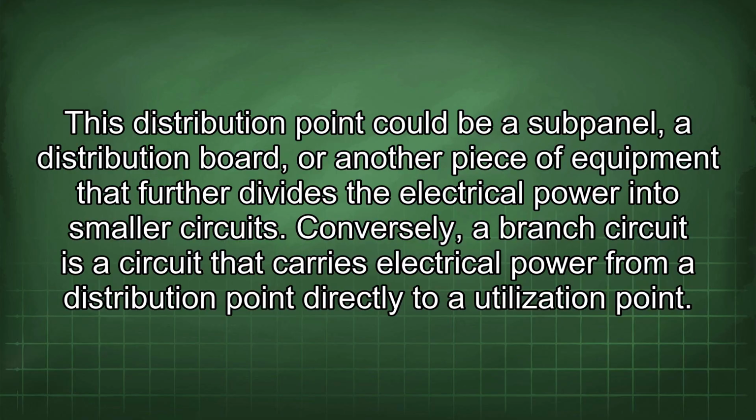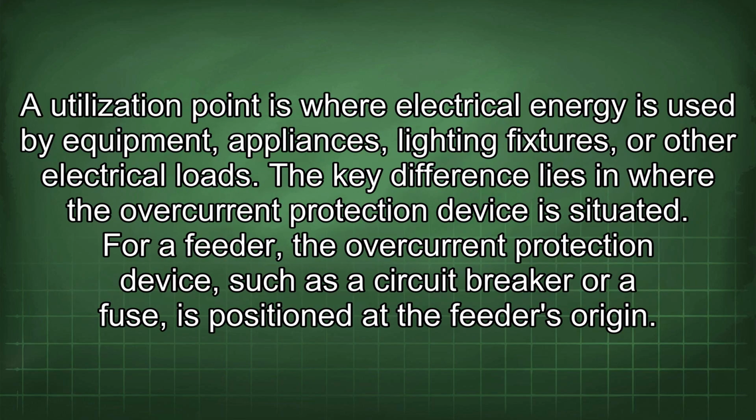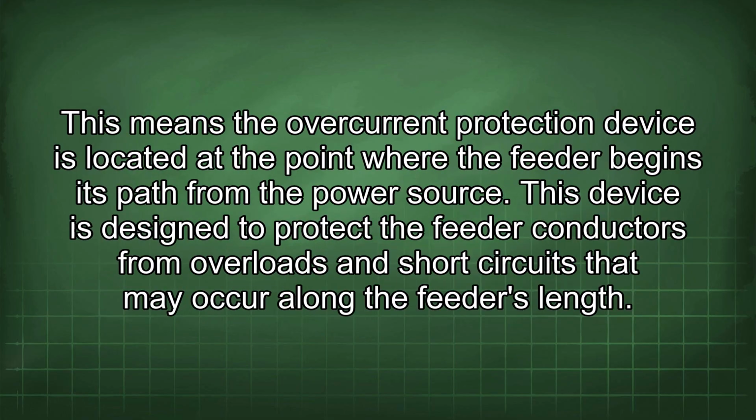to a utilization point. A utilization point is where electrical energy is used by equipment, appliances, lighting fixtures, or other electrical loads. The key difference lies in where the overcurrent protection device is situated. For a feeder, the overcurrent protection device, such as a circuit breaker or a fuse, is positioned at the feeder's origin. This means the overcurrent protection device is located at the point where the feeder begins its path from the power source. This device is designed to protect the feeder conductors from overloads and short circuits that may occur along